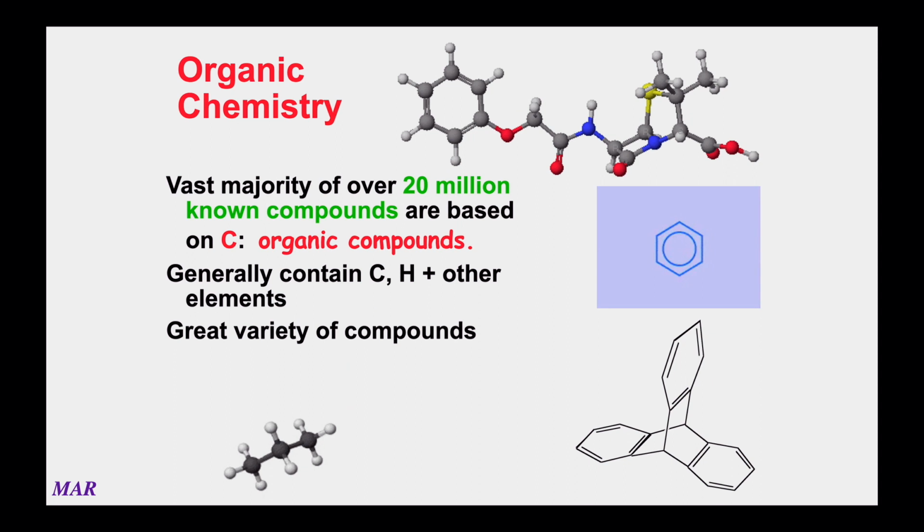Pretty cool. Organic chemistry basically is most of chemistry in general. There's something like over 20 million known compounds, and most of them, by all means, are based on carbon. Organic chemicals are basically compounds based on carbon, and there's a lot of them around us. My beloved caffeine, vitamin C, aspirin, all these kinds of things are basically organic chemistry.